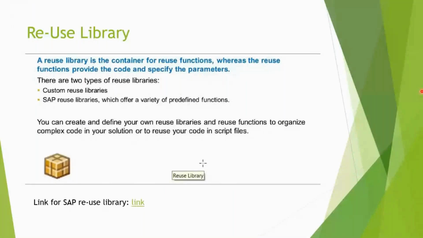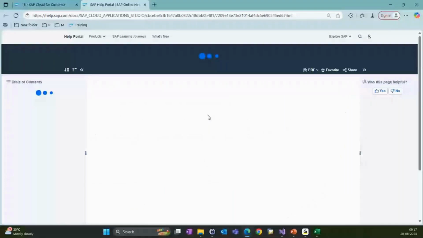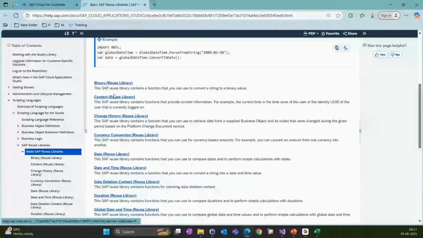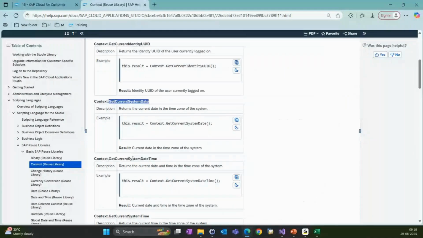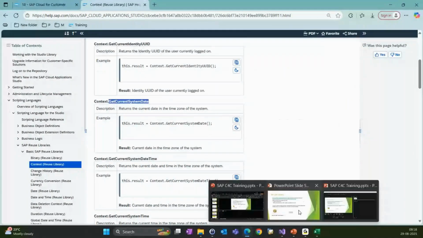So we have this. These were the basic SAP reuse libraries which are provided by SAP. If you want to get the current login user, let's say if I am logged in, in the backend you want to get the user who has logged in. There is a reuse library called context get current identity UUID. Using this function, you can get the user who is logged in. Similarly, we have the current global date time, the system date time, all those things which SAP has provided as reuse libraries, which we can use to get some predefined